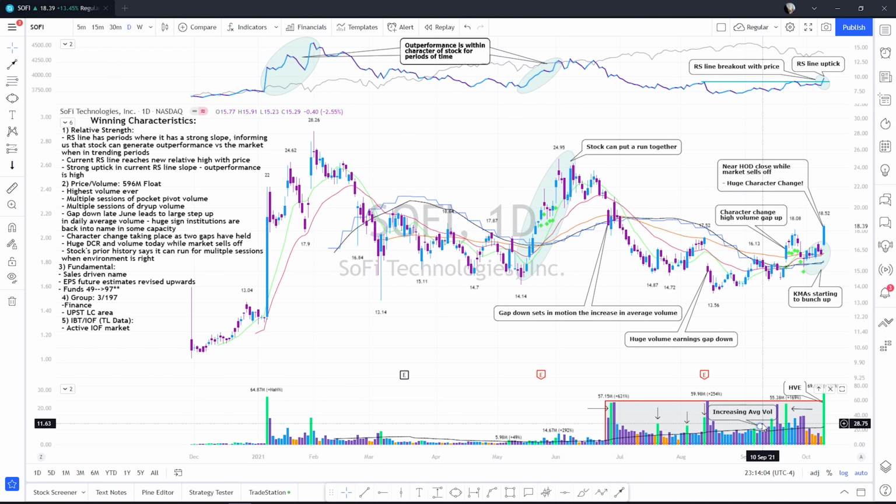So yeah, average volume increasing is also a huge winning characteristic because it just says there's more institutions than prior transacting in the stock. And so like I said, we have another gap down, and then we come into the key moving averages and can't really get over them, but then we gap over the key moving averages, hold them, and see another kind of kicker Matt Caruso